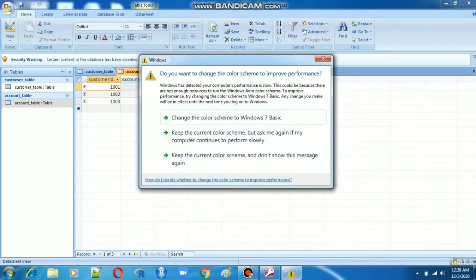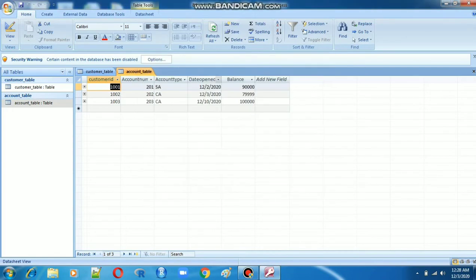You see here, we enter the data. Just see, this data we access and display on the monitor itself. That is called a query. Next, queries can access a single table or multiple tables. A query can access a single table and multiple tables also. Not only a single table, it can access multiple tables.